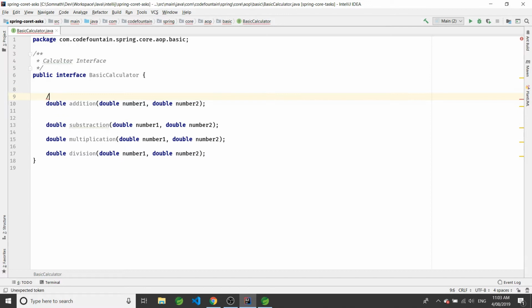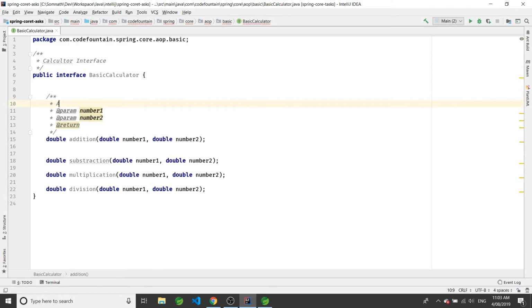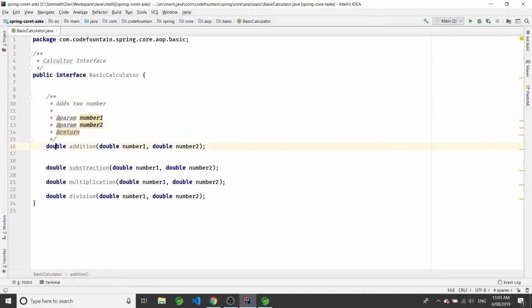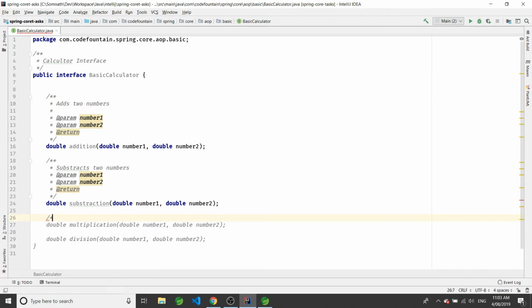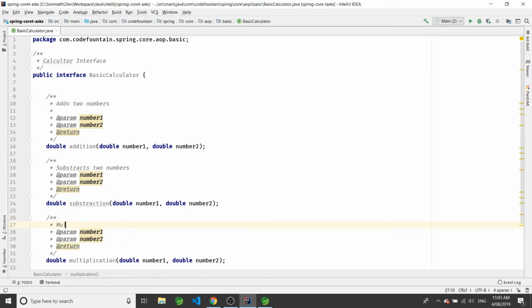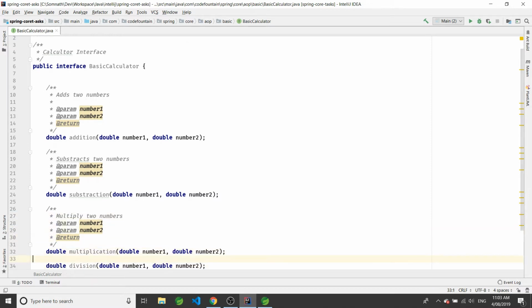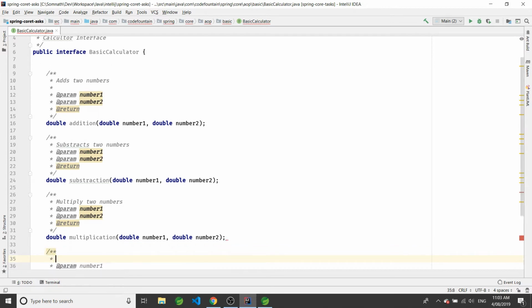Let's quickly add the Javadoc. Adds two numbers, subtracts two numbers, multiplies two numbers, and lastly we have the division.